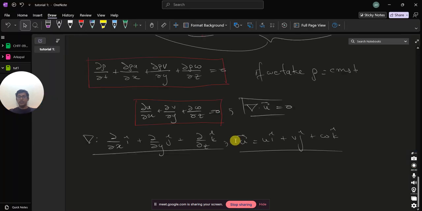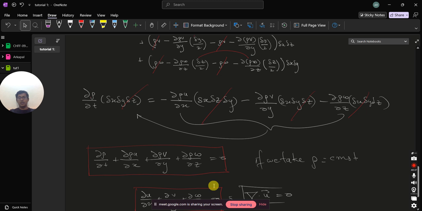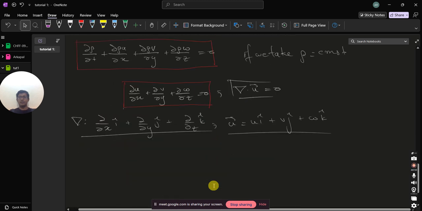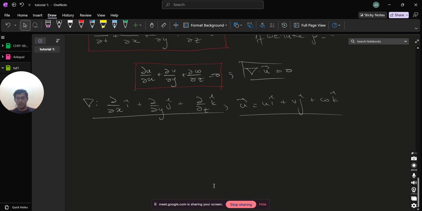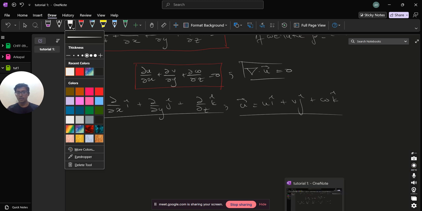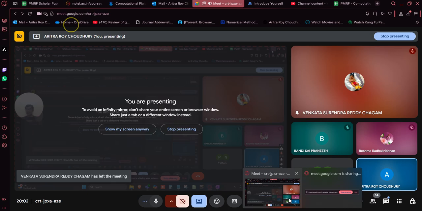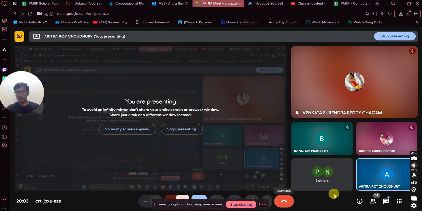So there is another way that we can get these equations. There are actually a lot of other ways you can derive it, but I find this the most intuitive and better way to derive the equation in such a manner. Also, do you guys know the concept of the material derivative or the substantial derivative? Okay, then